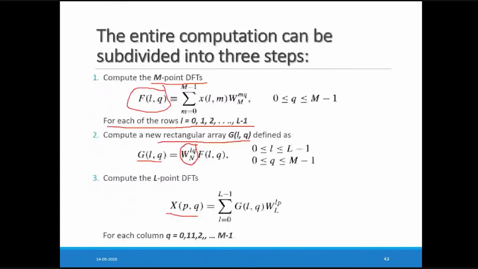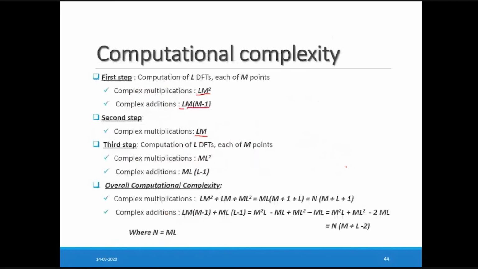As no sigma function is involved in this, you only have to multiply this omega n or twiddle factor with f of l q. So whatever calculation we are doing in the form of M and L, the same we have to apply over here. So the notations are L minus 1 and M minus 1. Though the calculations are in the form l comma q, the l represents 0 to capital L minus 1, so total L number of things over here, and q is nothing but 0 to M minus 1, so M number of things are there. So total number of multiplications required is L into M.